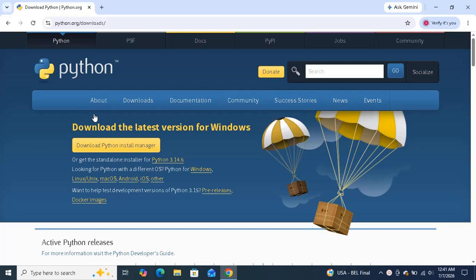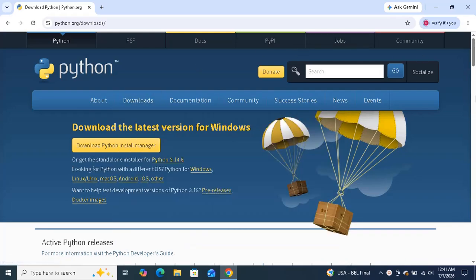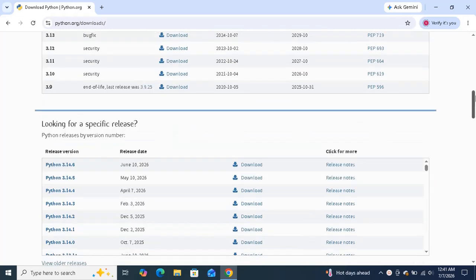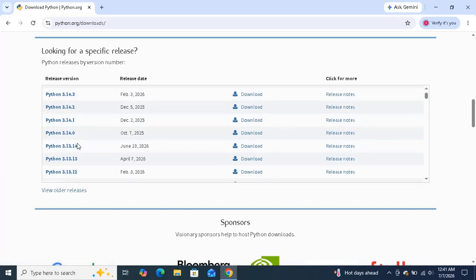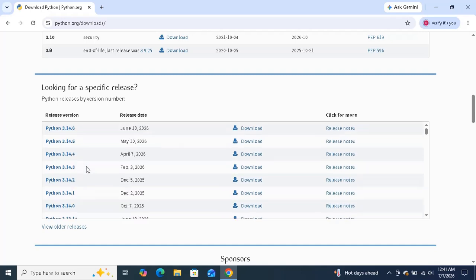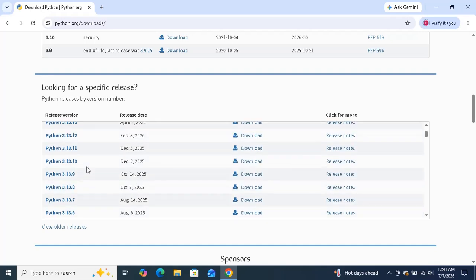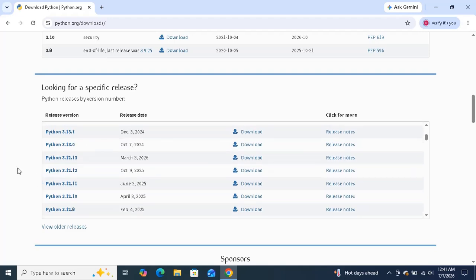Now click on downloads and just go down until you see looking for a specific release. So here look for 3.13.0. So you can see Python 3.13.0. Just click on download